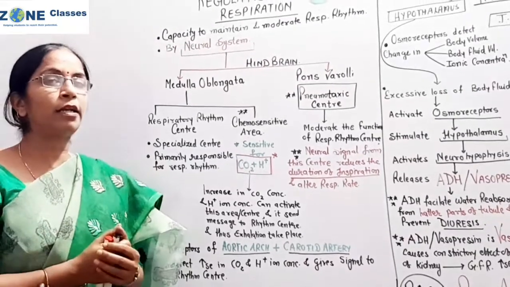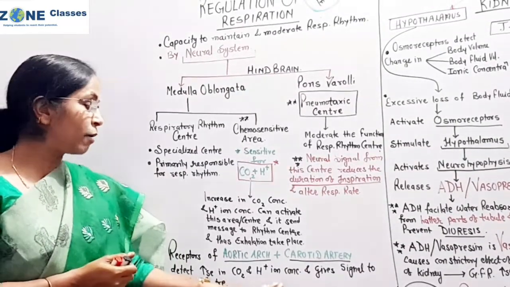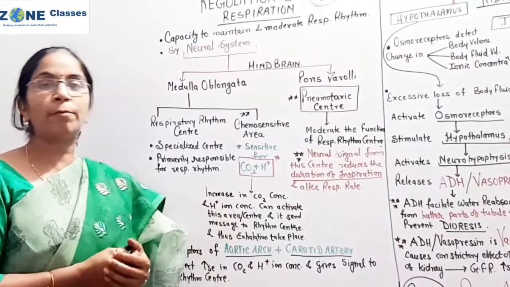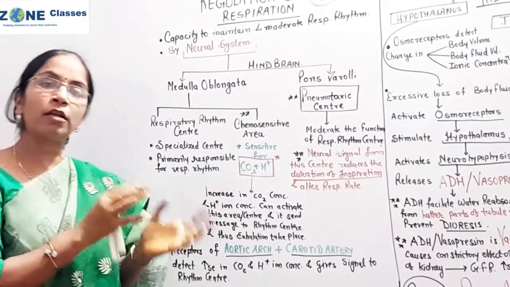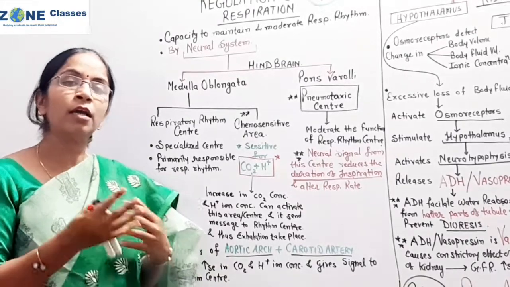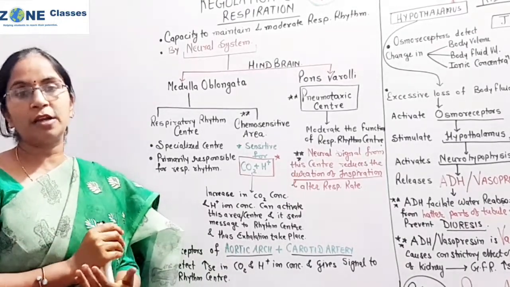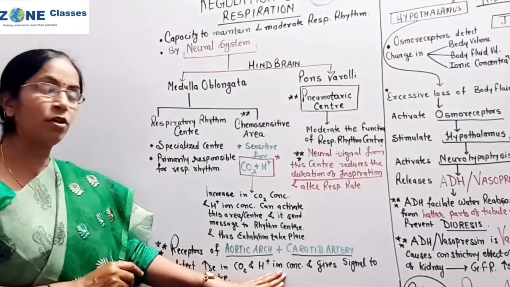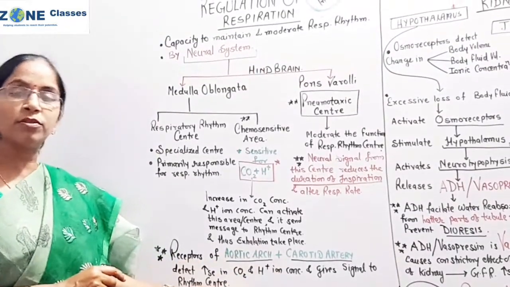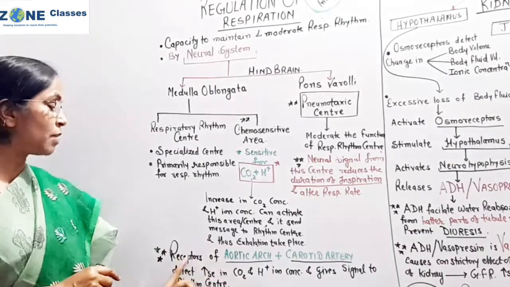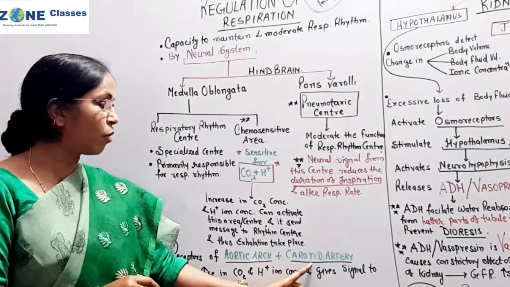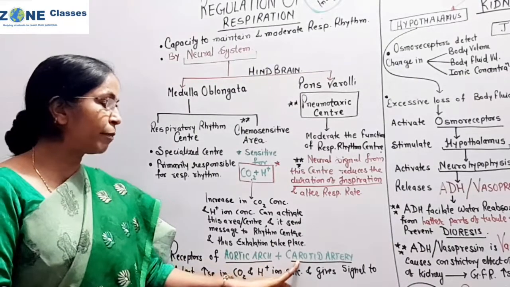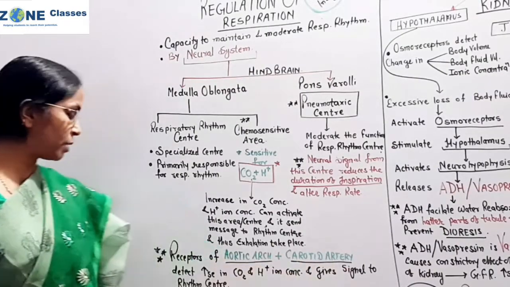When hydrogen ion concentration increases, that means the body fluid pH, what will happen, the acidity increases, and in another way the question can be raised that the pH of the body fluid decreases. So in any kind of question, you remember, when the hydrogen ion concentration or CO2 concentration increases, the receptors of the aortic arch and carotid artery become activated, and the receptors of these sites also provide a signal to